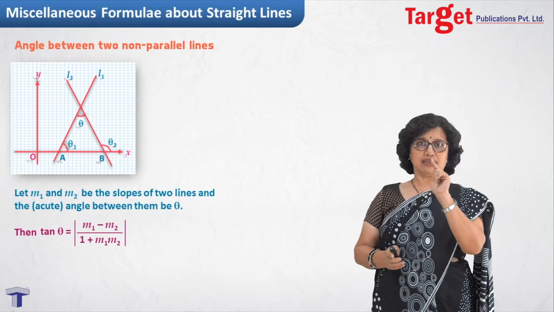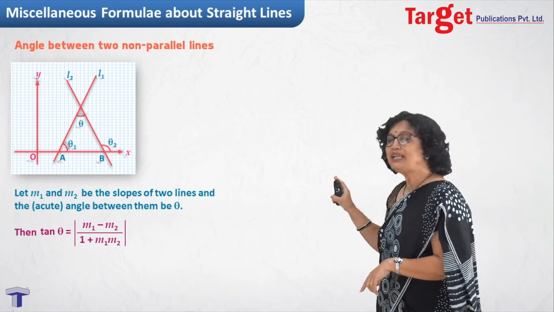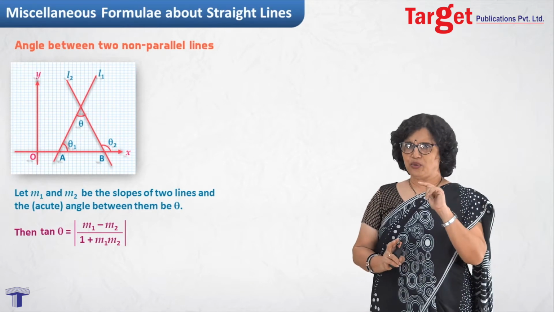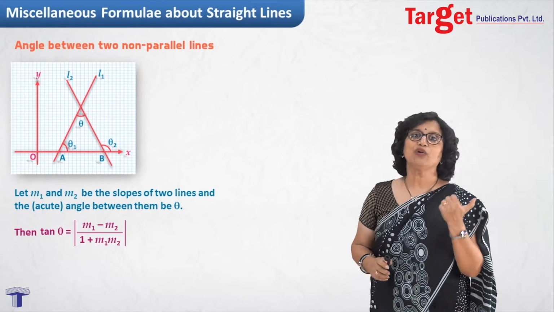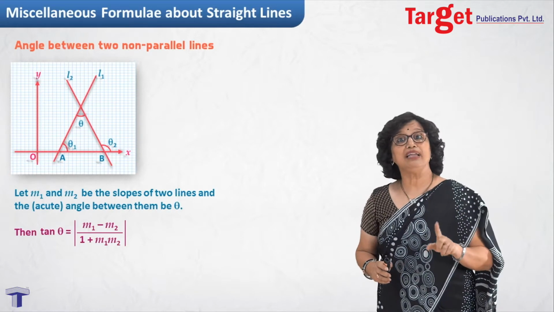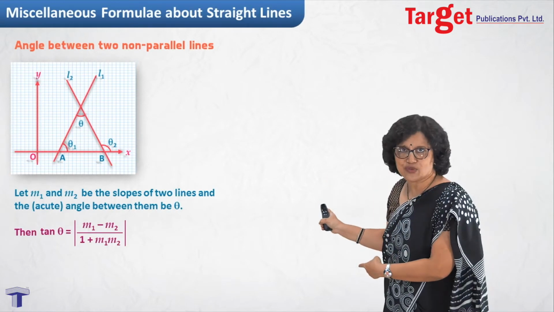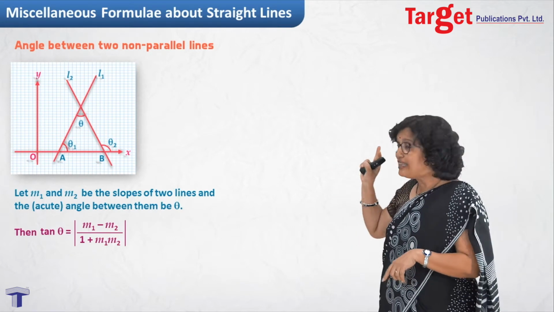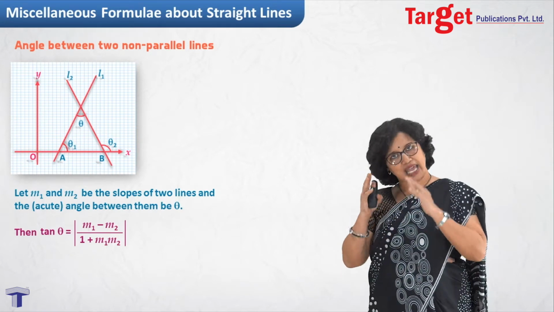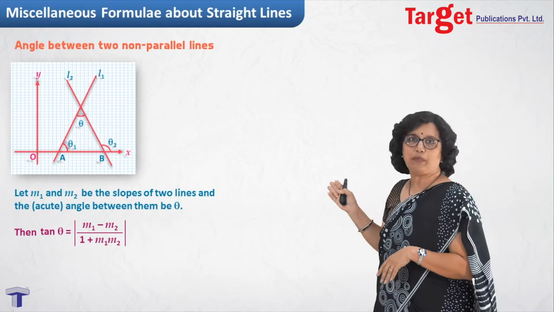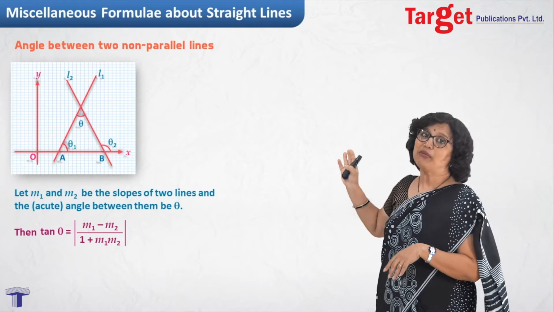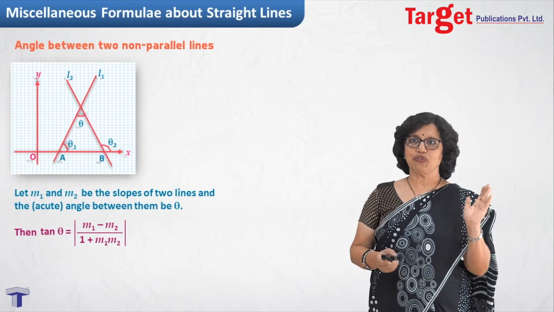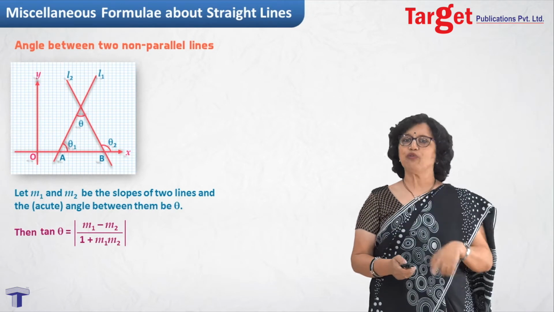Also, one more thing I want to say here: the denominator is m1 m2 plus 1. Does that not remind you why we had taken the perpendicular lines condition as m1 m2 equal to minus 1? Even that gets satisfied here. Also, one more thing. When two lines have the same inclination, then obviously the angle between them would be 0, and then m1 minus m2 would be 0. It's one and the same. So all that we have learned before can be verified here. That is what I wanted to say.